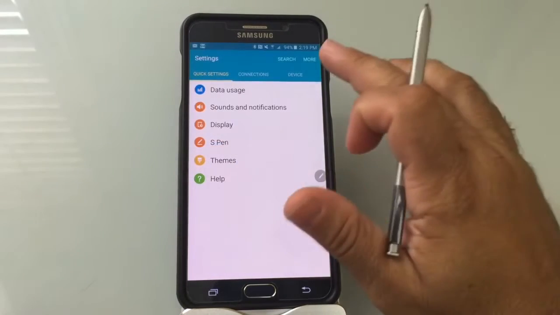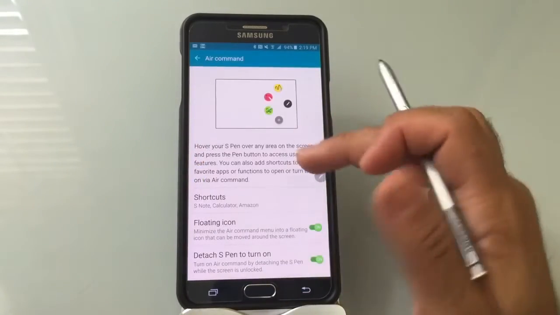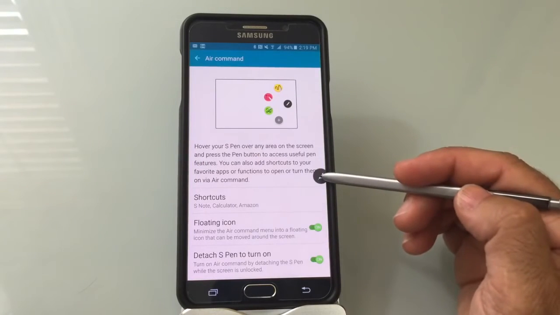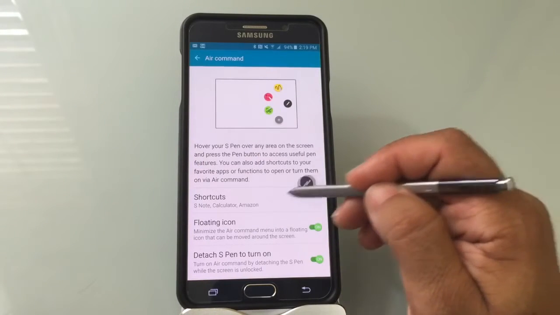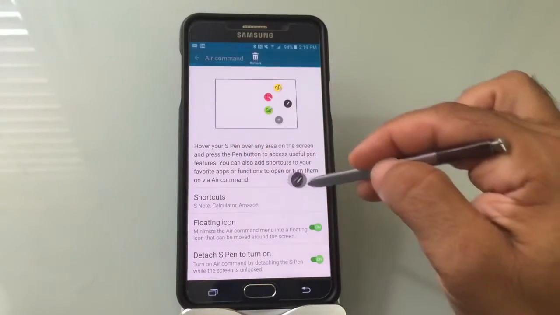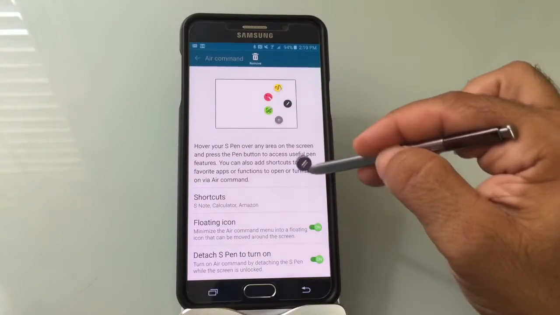Now your settings for your Air Command are under S Pen again, Air Command. And what you'll want to make sure you have is these features enabled. So you want the floating icon, which is this. And this floating icon, by the way, you can put it on any side of the screen. All you got to do is put it wherever you want. It could be on the top, bottom. Again, if you are a righty or a lefty, you may want to choose where you actually put that Air